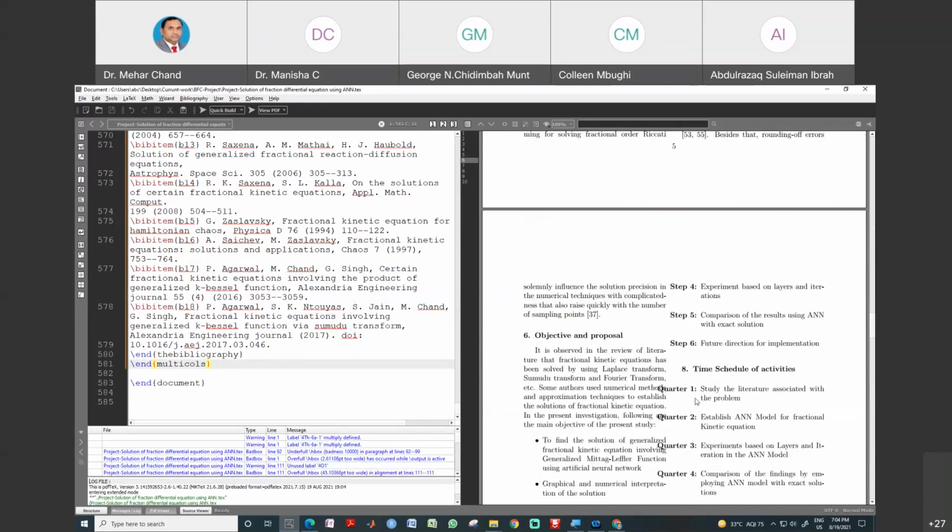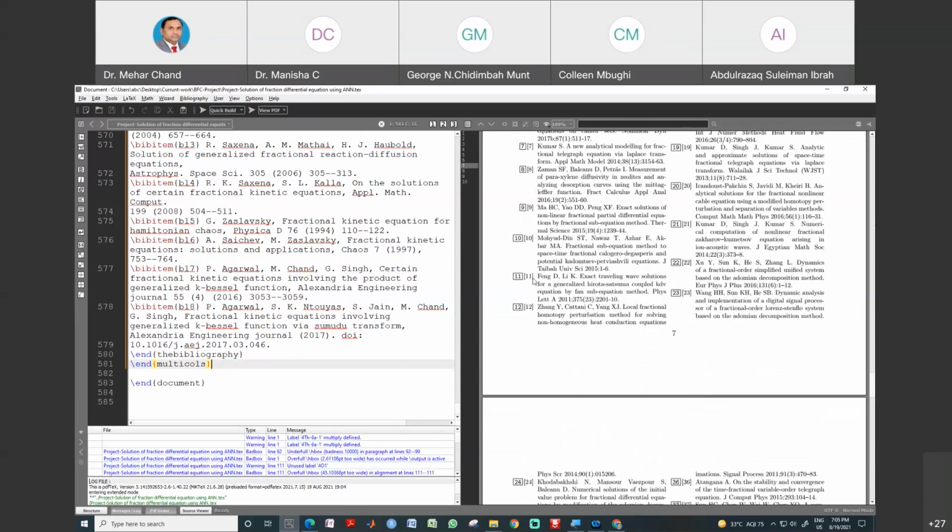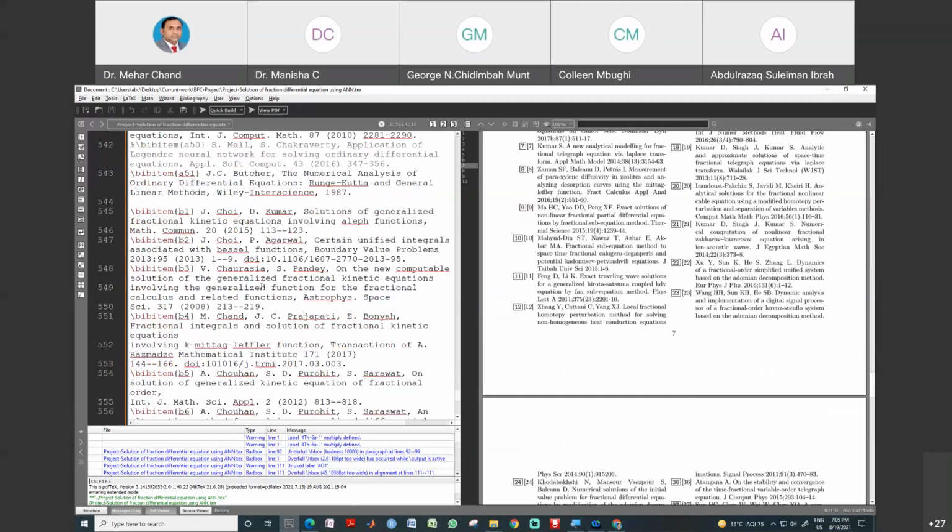And you can see that in the reference, 11 is there. These are very helpful, because we assigned some labels here, and these appear due to this command. This is also very helpful when we prepare a long document.